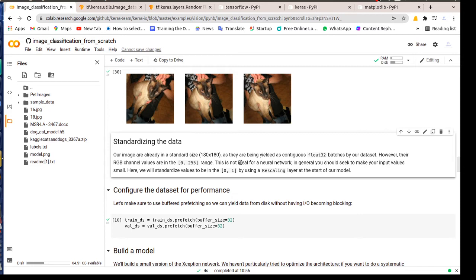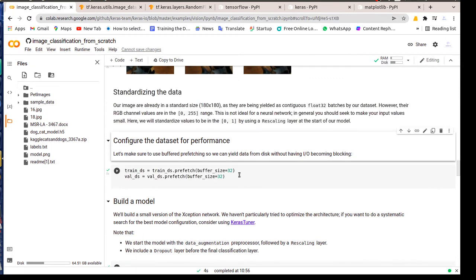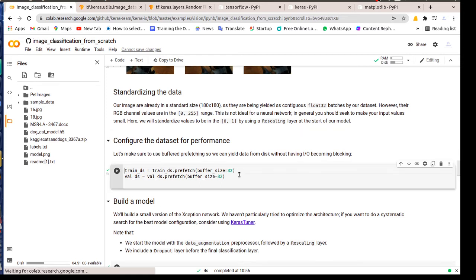Standardizing the data: as I mentioned, per pixel, color images range from 0 to 255. These higher numbers will always take more time for processing or calculation. Now we will standardize it to between 0 and 1, which means we will divide each pixel by 255. Then configure the dataset performance.